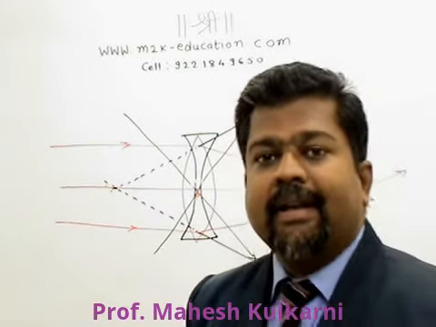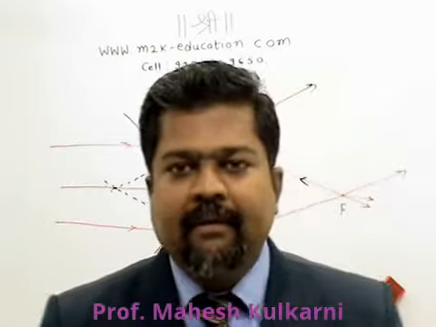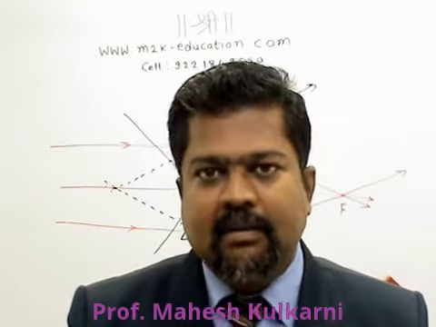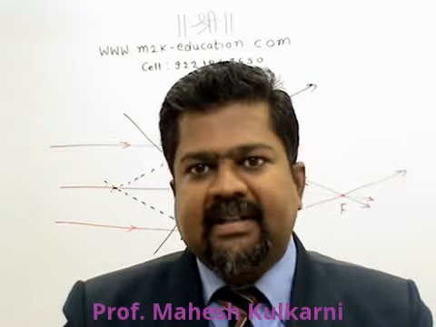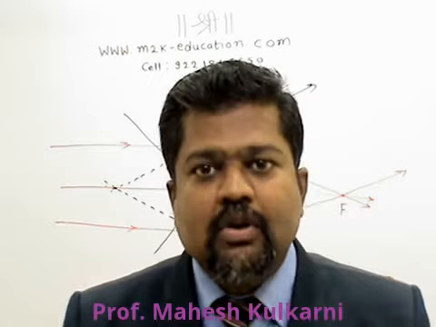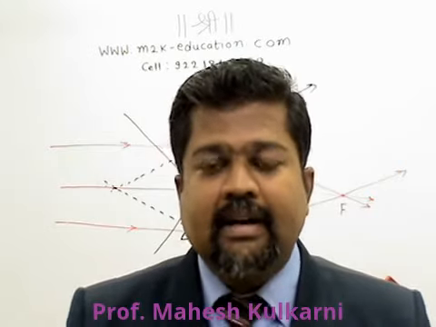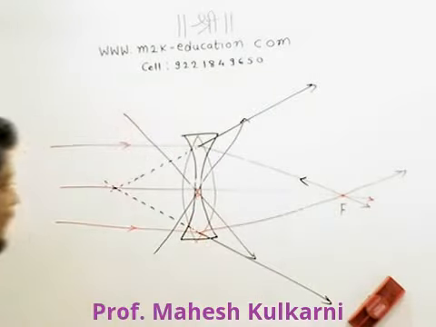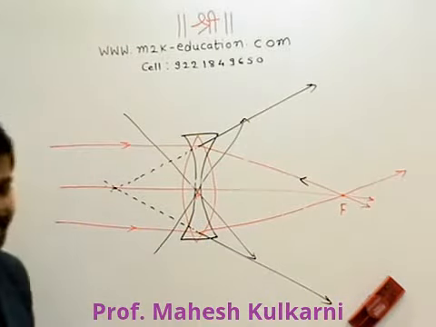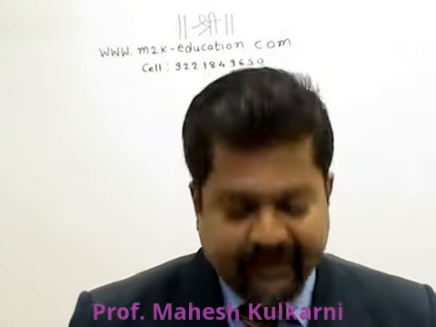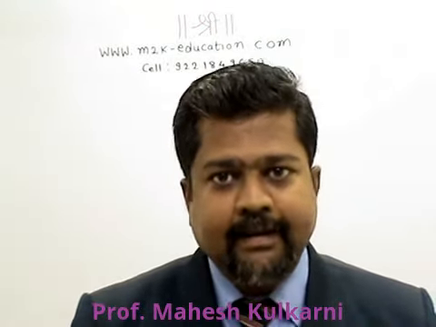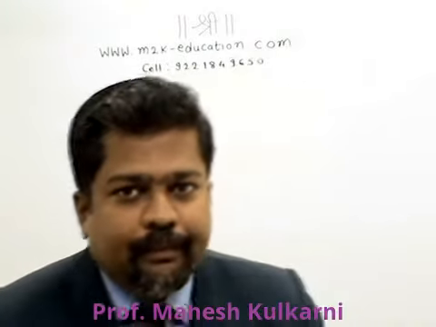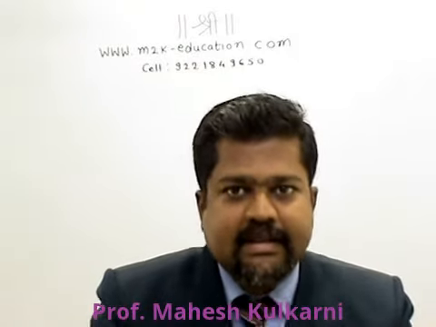Say for example, in case of a focus lamp, I have to make a brighter focus, so I must use a convex lens. But if I have to spread light, disperse light in all directions, then I should use a concave lens, so that light will scatter in all directions. That is the way of using these lenses. Well, now you are aware of certain properties of light, particularly we discussed refraction and reflection. Now we have discussed something about lenses also.